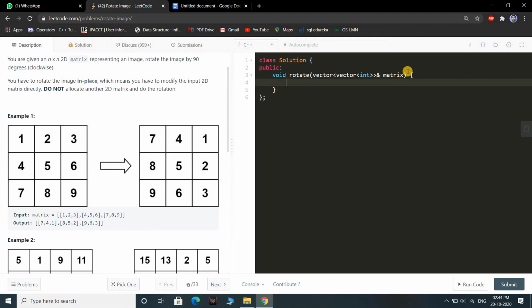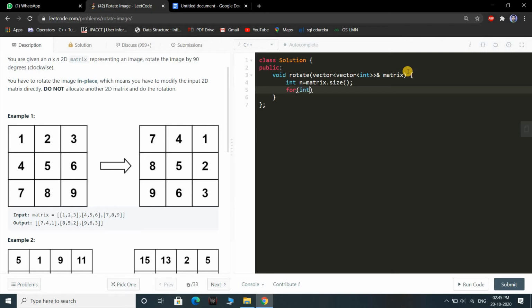Okay, so our first process is to perform the transposition. So let's say we have to take the size and put it inside a variable n. Since it is an n cross n matrix, the rows and columns will be the same.